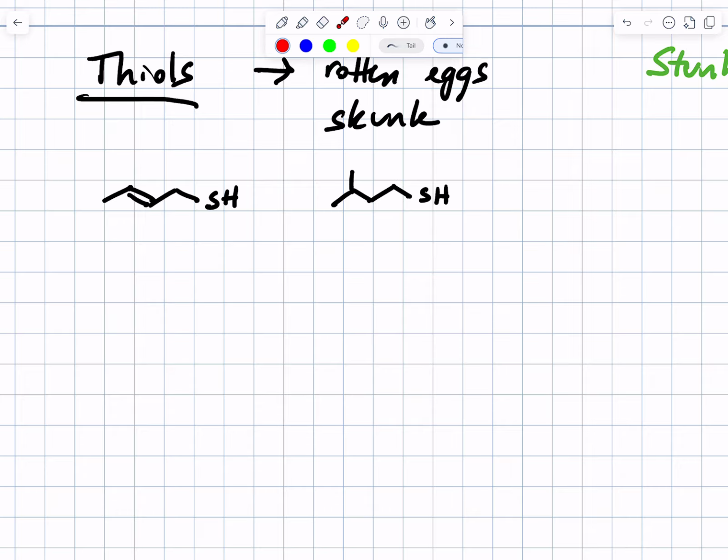So you may be familiar with the so-called smell of natural gas. It turns out that natural gas, propane or butane or methane, are odorless. They don't have a smell. That was a problem in the early days of natural gas, because if there was a leak, you couldn't detect it until you lit a match and the whole place went up, right? So it became important to have some way to detect a leak, and the best way to do that, they